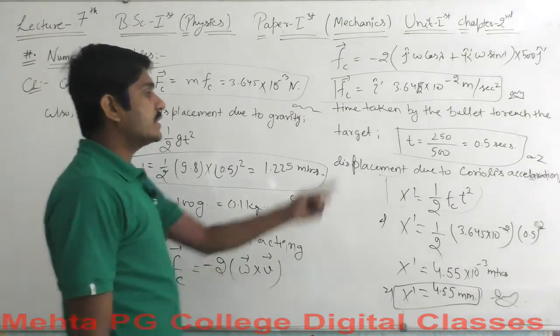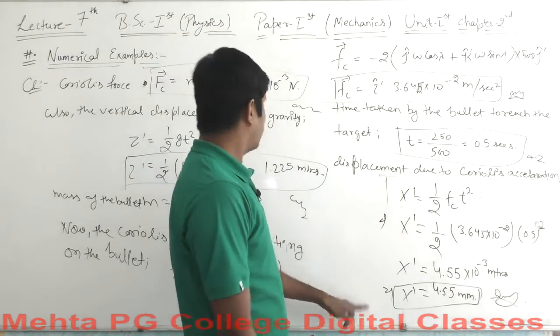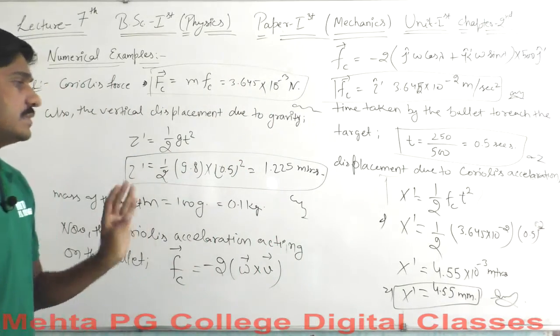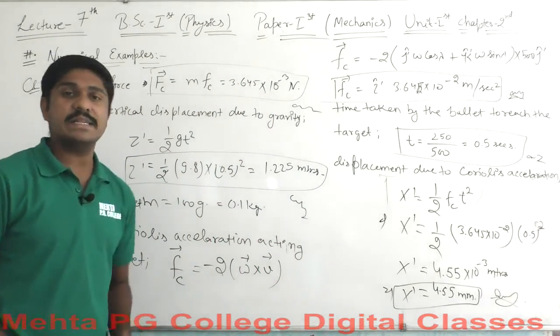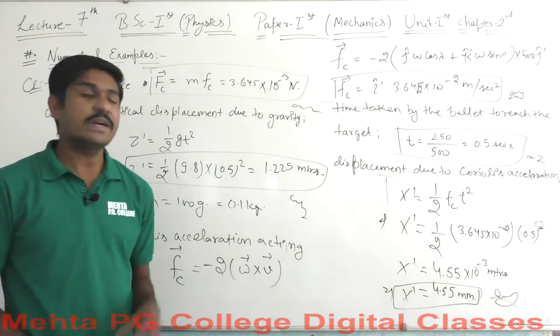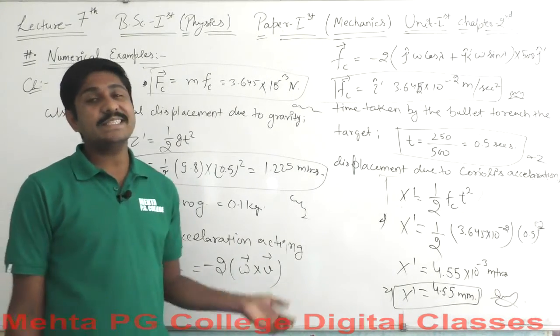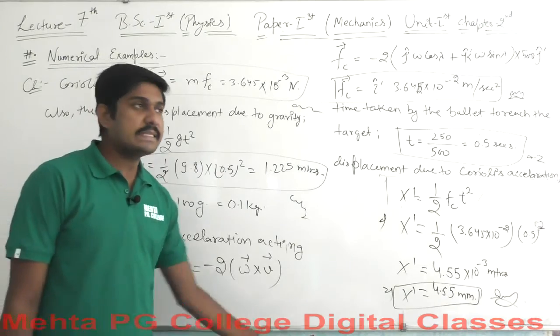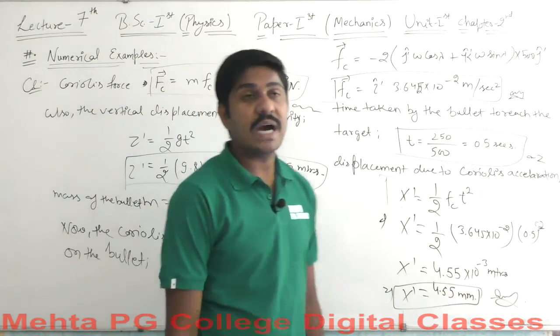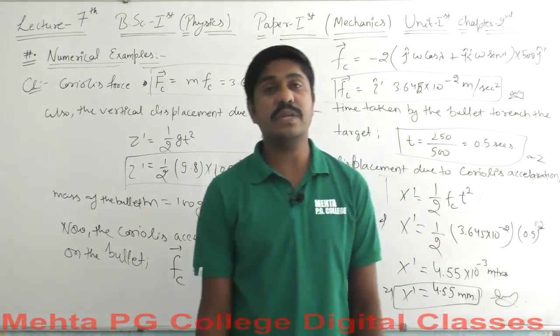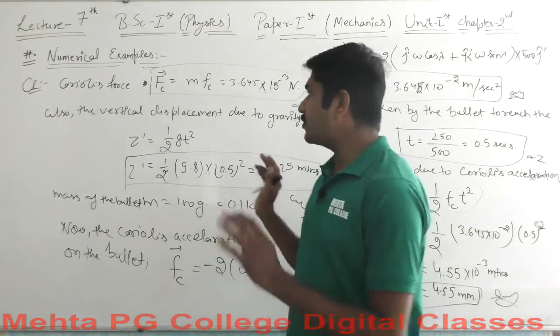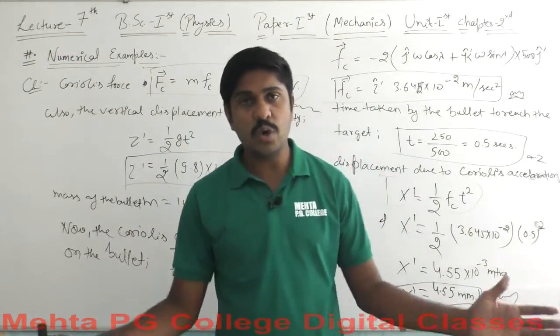So these are the 1, 2, 3, 4 and 5 things which are subjected to calculate. I hope that you can get this answer in the same way that we have got it here. These are not so difficult for you, but these are the types of numerals which are extremely important from your exam point of view. This kind of question can be asked with a bundle of this whole question,